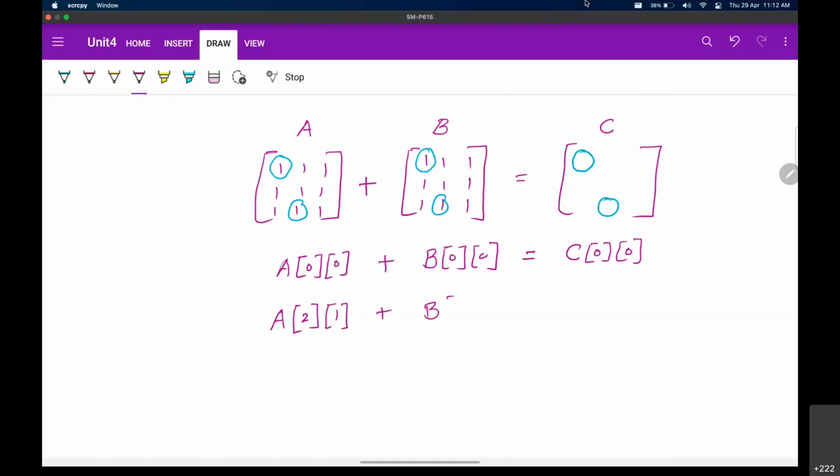You'll pick the same element from matrix B 2 1, and you are going to store that final answer in the same element of matrix C 2 1. Okay, so that's how we actually add those two matrices, right?